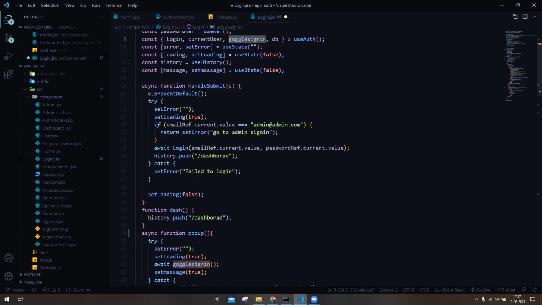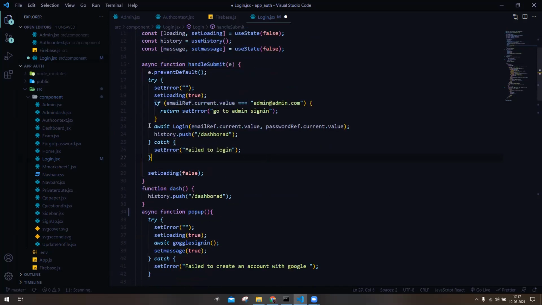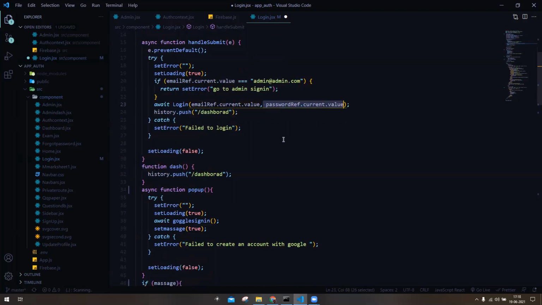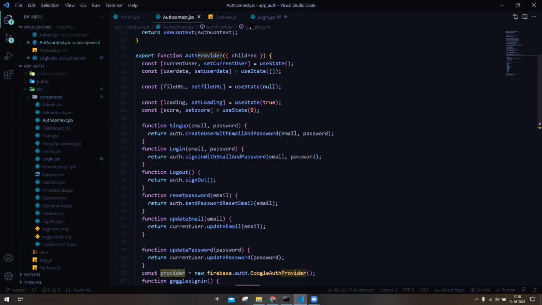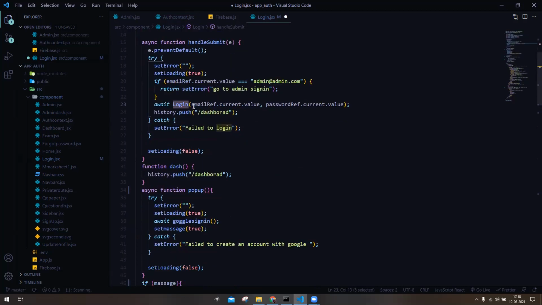So when my email ID and password are submitted, it will check login, and it will take the input which I'm putting in my email label, and it will also take the value of that password. And these are the parameters we have defined in our context. So our context has parameters email and password, and inside login we are putting those parameters into the login function. So here will be the email value, and here will be the password value.